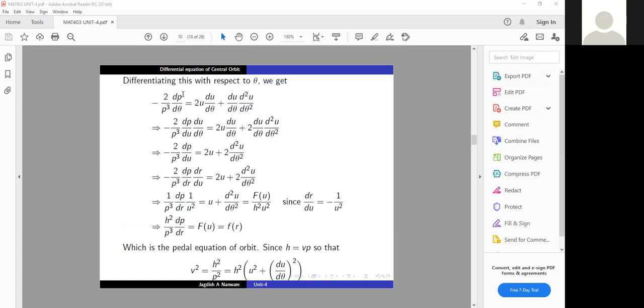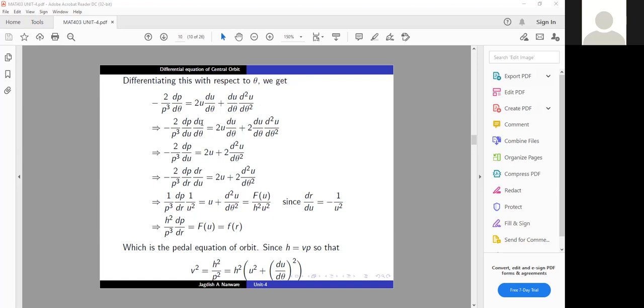And we differentiate p with respect to theta because p is a function of theta. And derivative of u square is 2u. Again, u is a function of theta. Therefore, we differentiate it and we write du by d theta plus the derivative of du by d theta, so it is nothing but 2 times du by d theta. Again, we differentiate this with respect to theta, and that gives second derivative of u with respect to theta square. I forgot to write 2 here, but it is 2 here. Now this can be simplified further as this one.